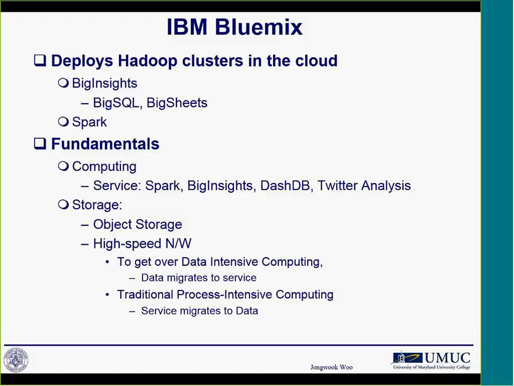I mean, there is a concept of process-intensive computing that is for the traditional supercomputer, because the traditional supercomputer separates the computing service and data storage. So for big data, there is a latency between the data and the computing service. So the supercomputer is not good for the big data era. However, the cloud computing service actually gets over that issue